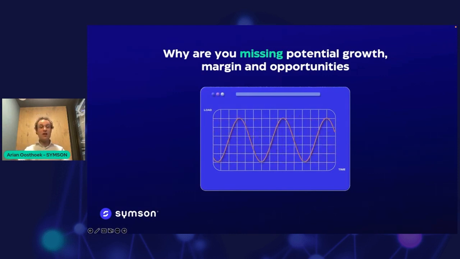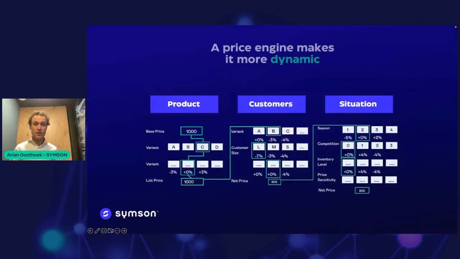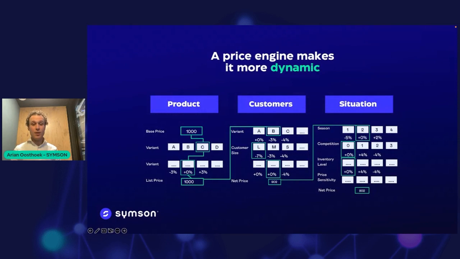So what you see here is visualized what could be the impact if you start using a pricing engine. You can make your prices more dynamic, so you can base your prices upon the market factors. So if you have a good overview of what could be the price influences of your organization, you can include them in a pricing engine to make your pricing more dynamic and to meet the customer demand. So in the next slide, you see this visualized. Again, we have the 2 dimensions, which were also explained during the ERP process. You start with the product and then you go to the customer.